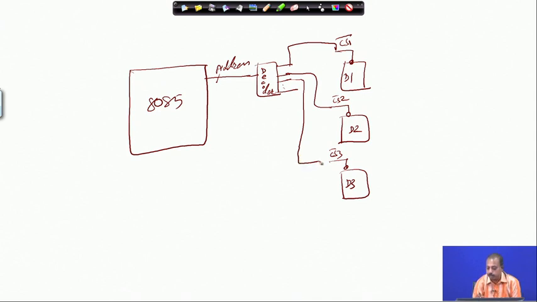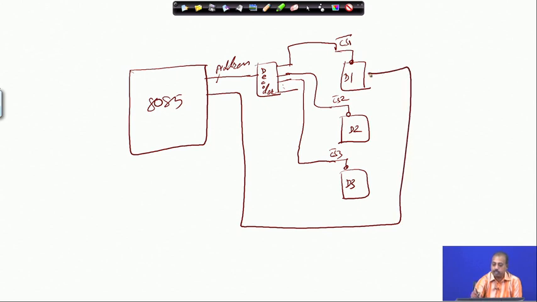These enable lines are to be connected to the chip select line, so that based on the address that is generated, one of these devices will get selected, and from the data bus I can connect to all these devices. This data bus can be connected to all these devices. If D1 is an input device, the data direction will be like this. If D2 is an output device, the direction will be like this. D3 may be another output device, the direction will be like this. So, this is the data bus from the